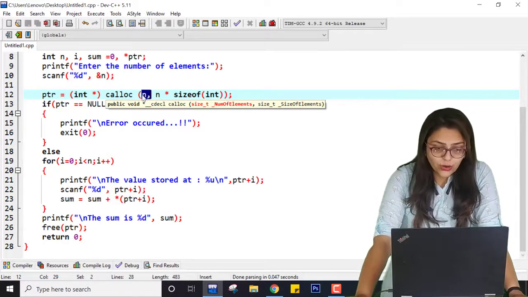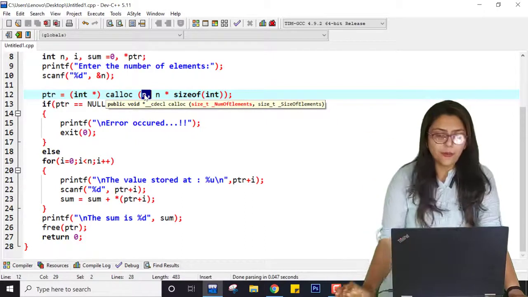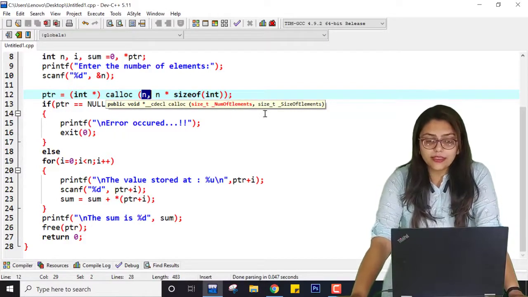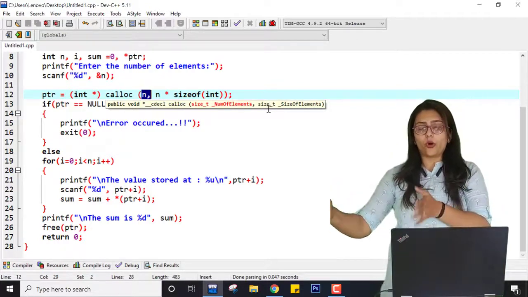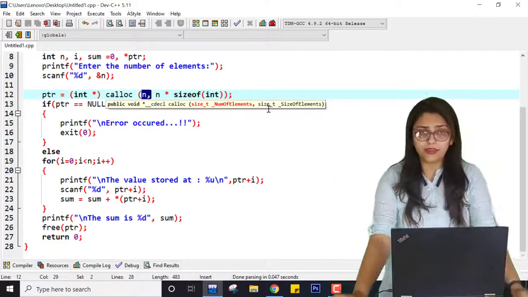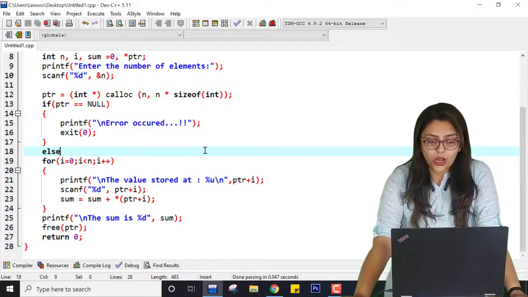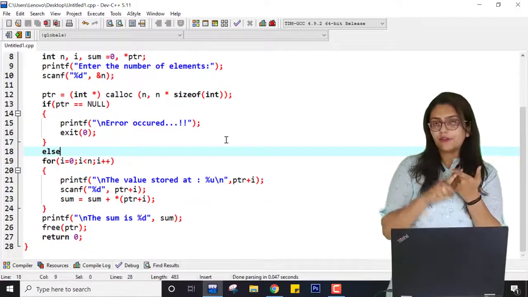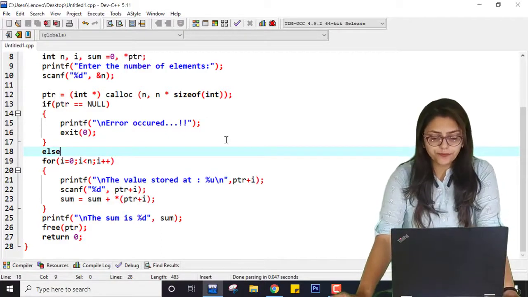Even if you are hovering over this, you can see that yellow pop-up over there. You can see that yellow pop-up which is showing that after pointer calloc size_t, it is number of elements and then comma and then size of number of elements. So what is the number of elements and how much size it will occupy, we have to declare both as arguments in this function. So this is how you can use calloc function. We have already covered malloc, calloc and free function. Now I am going to show you how can you use realloc function.